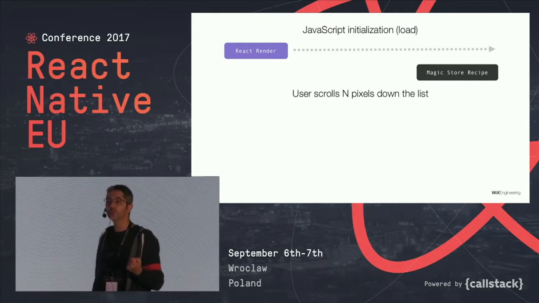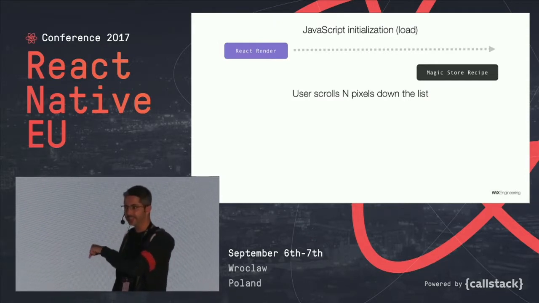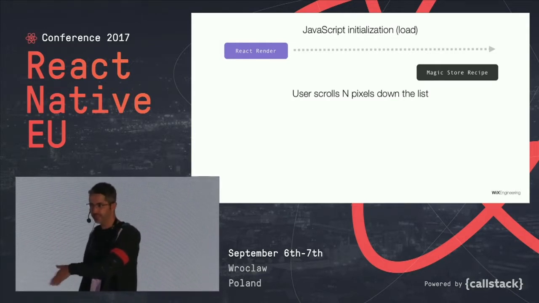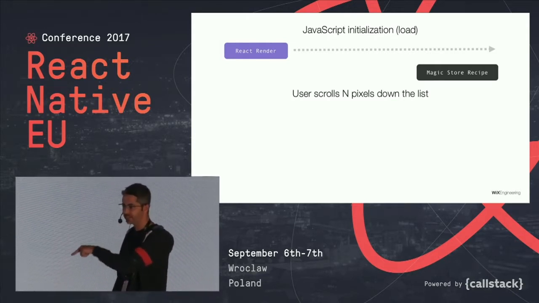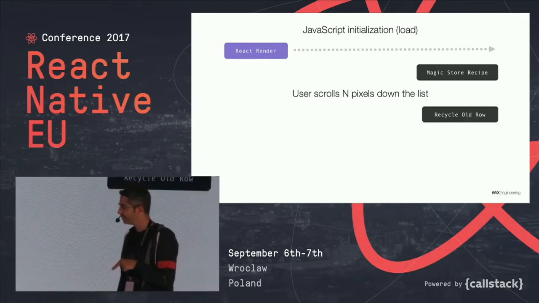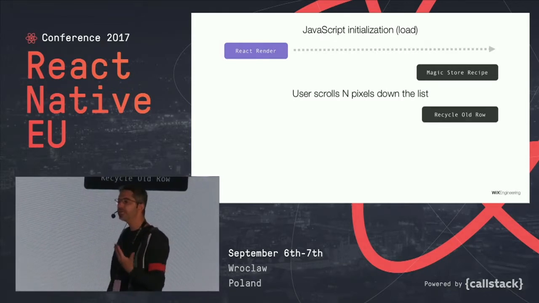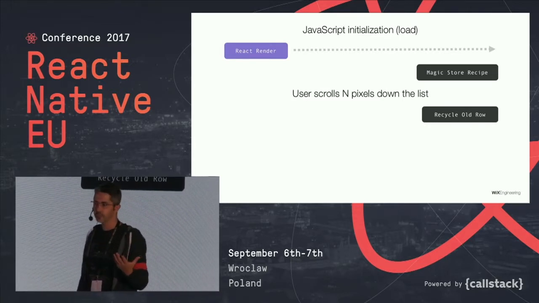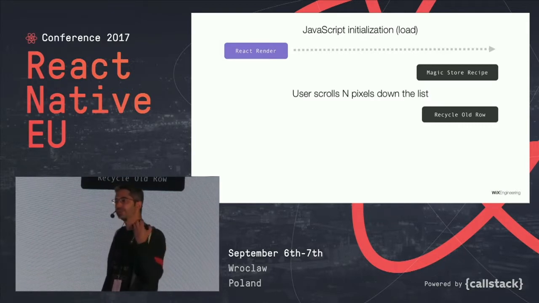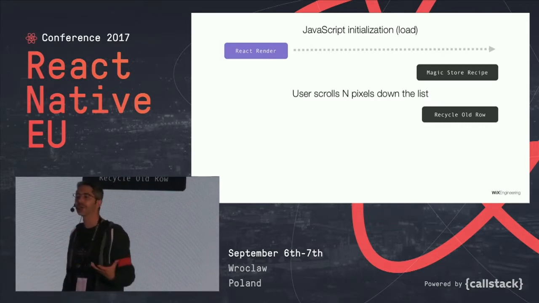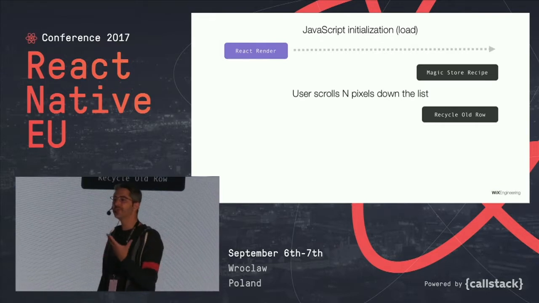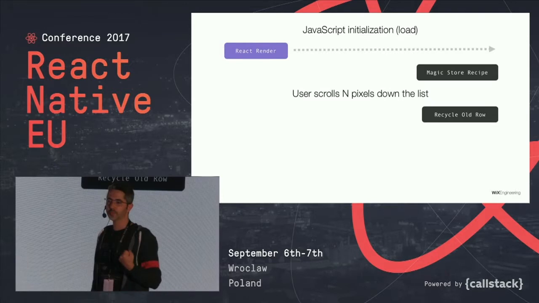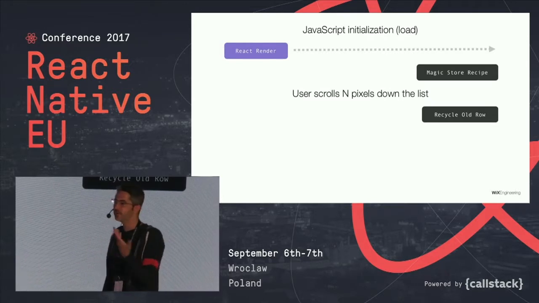And when the user scrolls down the list, eventually, unlike before when you ask how many screens the user pushes, if you have 5,000 rows, this is going to happen 5,000 times. You want this to be fast. Then you would probably rely on a native list, like a UITableView or collection view. Many people tried to bring those native views to React Native, and it never worked. The reason is not that you can't bring them in, you can, but they don't solve the fundamental problems of the asynchronicity. You still have the overhead.